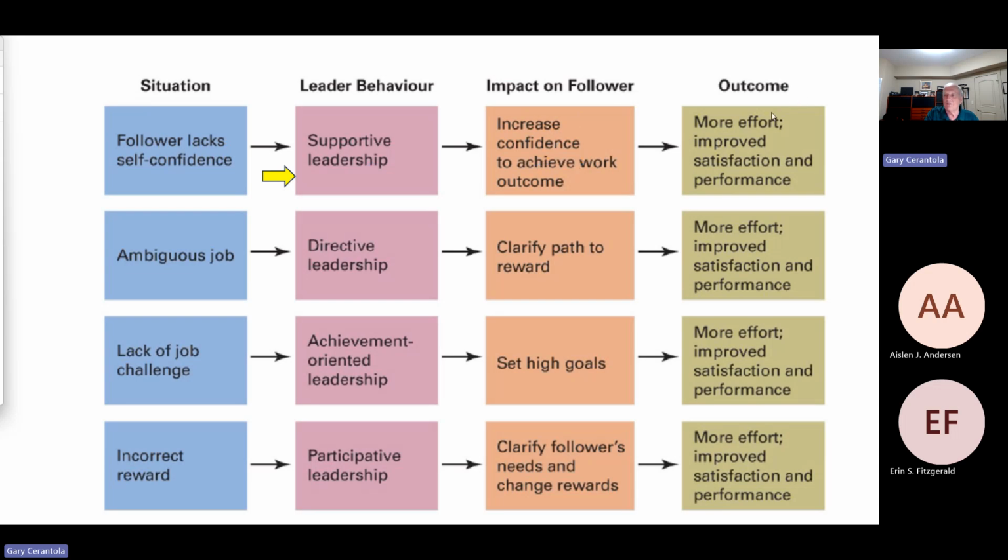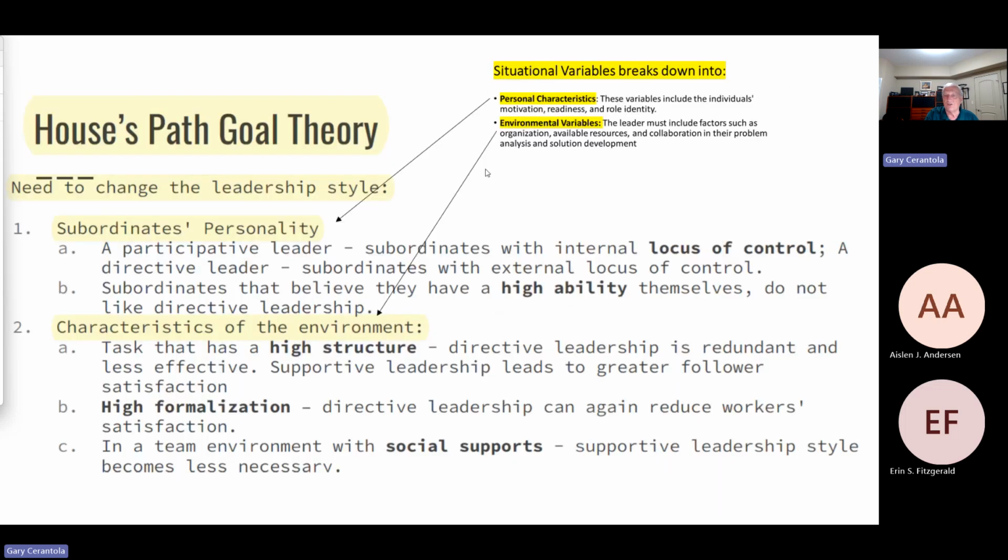And what's the outcome? More effort improves satisfaction and performance. So this is really in line with Vroom's expectancy theory as well. So that's where that's coming in. So the two things, here's how they fit, in terms of the aspects of subordinates' personality and then the characteristics